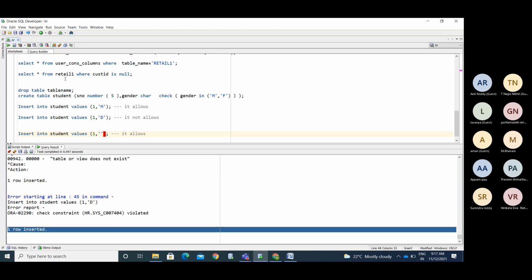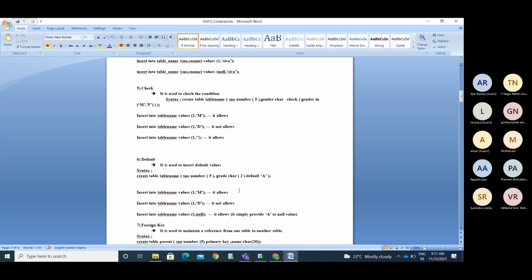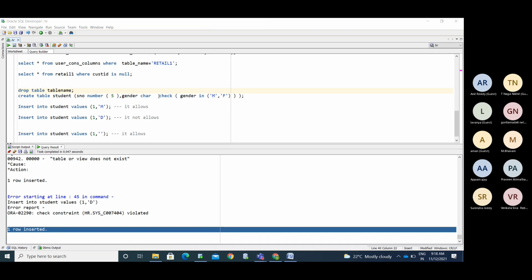Okay, we have the default constraint. Now I'm dropping the student table and hitting that.